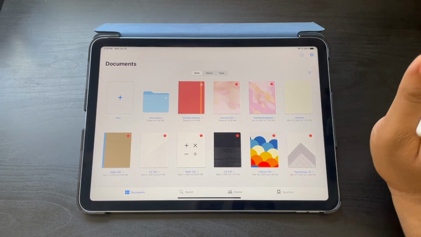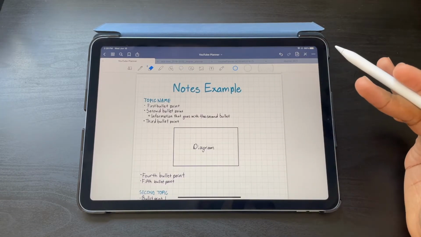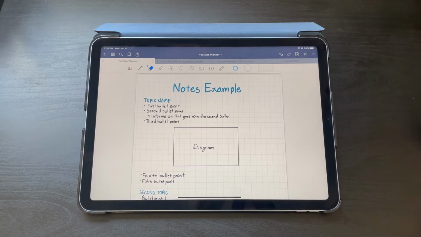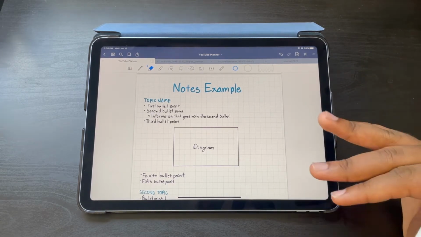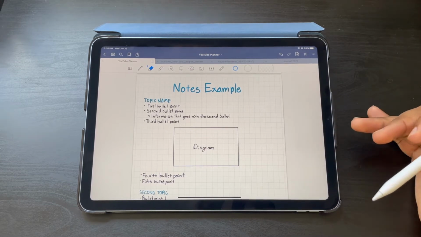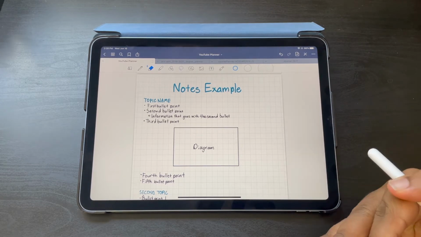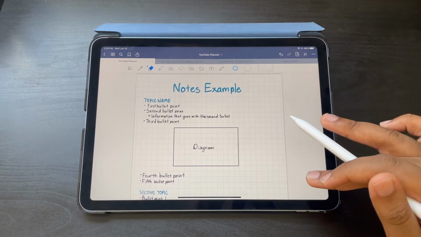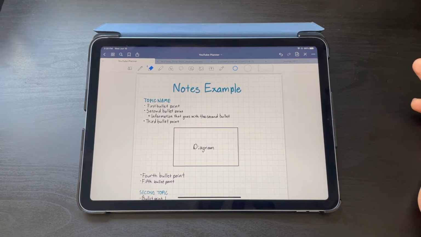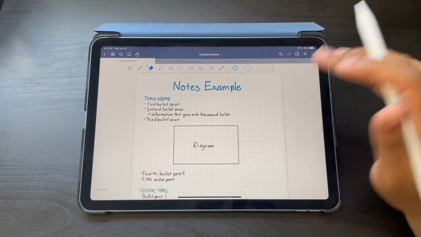So next we go on to how I take notes. How I take notes is really dependent on how the professor teaches. So say for example, the professor likes skimming through all the PowerPoints and talks really fast. I might not have the time to write everything down, so I'll probably resort to just typing everything on my laptop, and then after class is over, I'll transfer them onto my iPad. So what I'm going to show you is the best case scenario when I have enough time to write down everything that I need. I wrote a template down beforehand, so it would be easier to explain and it'll take up less time.